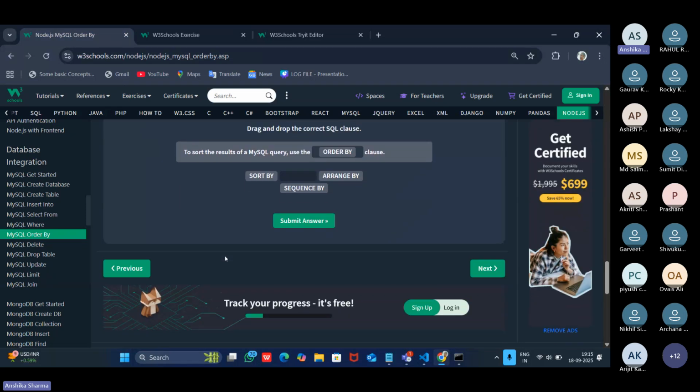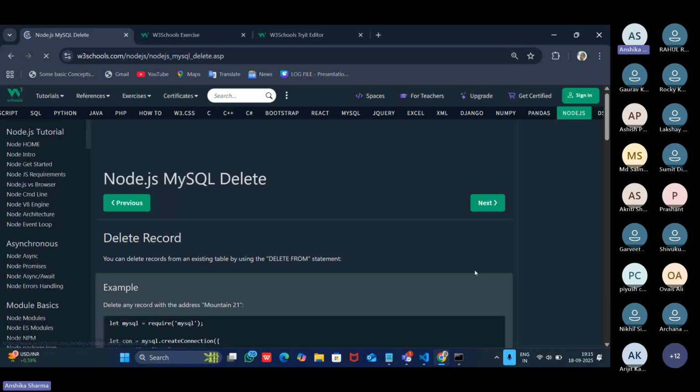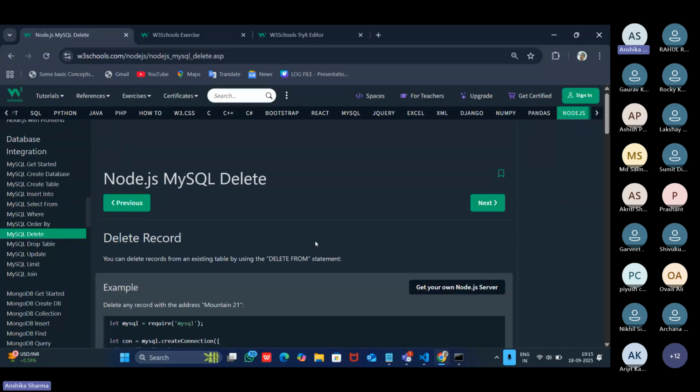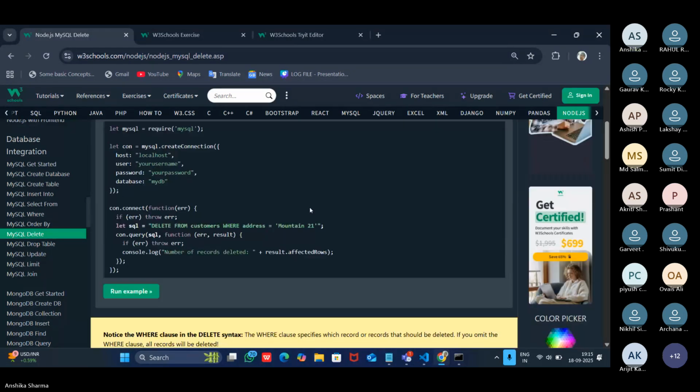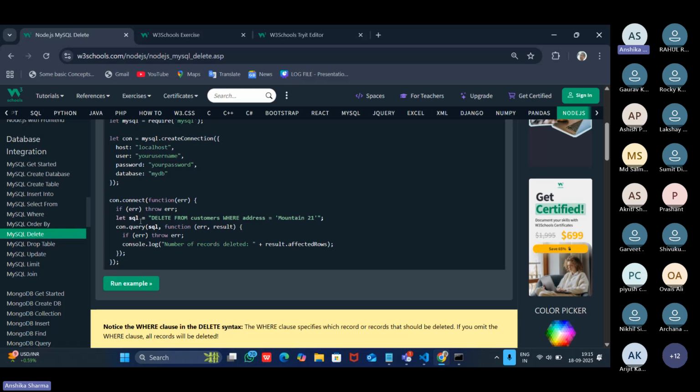So let's see the next query, which is MySQL DELETE. What this will do, as the name suggests, is delete the records from our existing table. So you can delete records from an existing table by using the DELETE FROM statement. Over here, they have provided the SQL query, which is DELETE FROM customers WHERE address equals mountain